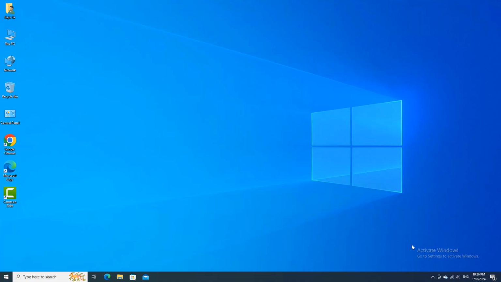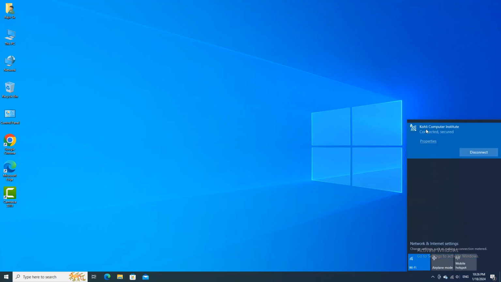So here we have a Windows 10 computer connected to the same Wi-Fi network. You can see that this computer is connected through a Wi-Fi connection, not through a network cable, but connected to the same network. The settings of file and print sharing are a little bit different in Windows 10, and you can open